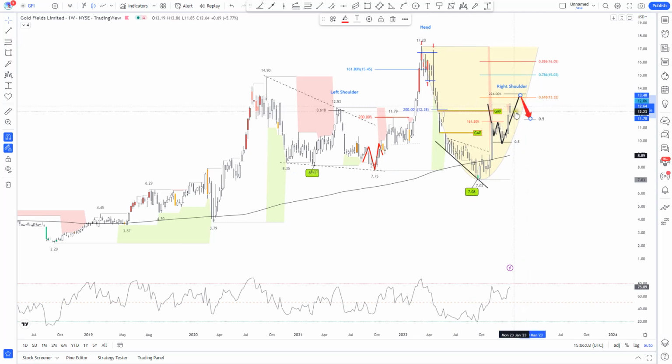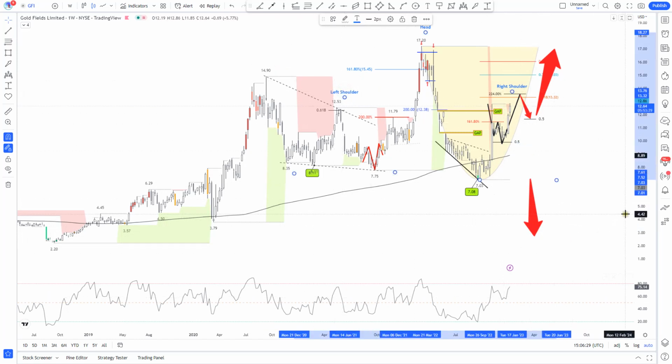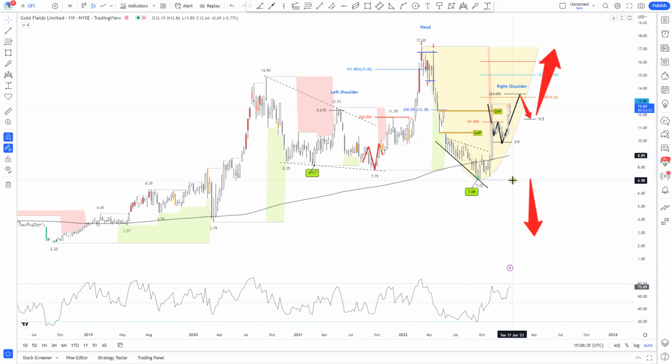And even if the market decides to complete this sequence for the shark pattern, I will not be surprised to see later the formation of this potential cup. Okay, so pay attention to this. Of course, a clear violation of these previous structural lows should trigger a deeper pullback for Goldfield, because there's a head and shoulders formation pointing to the downside. But as I said, we still need the right shoulder, an approach to the next zone, and a violation of this next zone. So for now, let's pay attention to the potential.